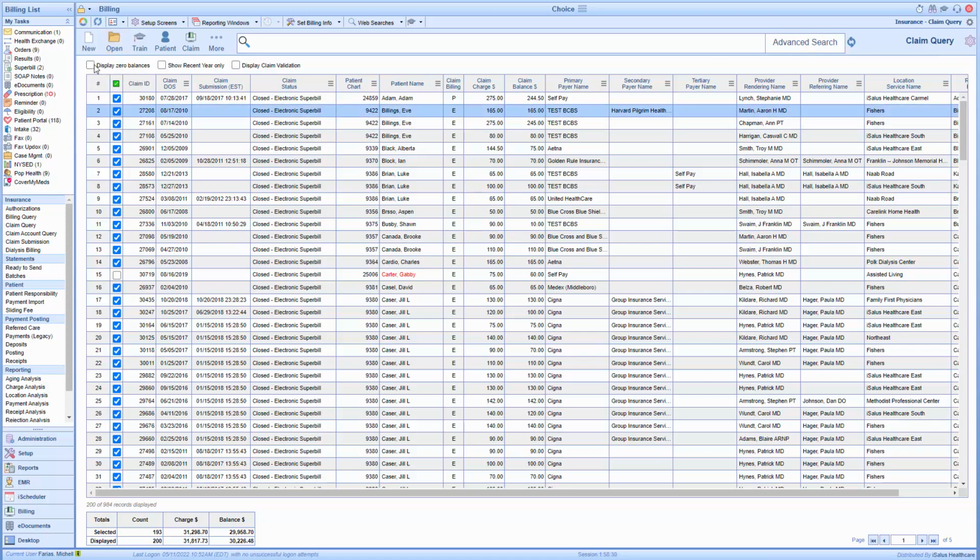Below those options at the top, you have three checkboxes. You have your display zero balance, which will include zero balance claims. You have your show recent year only, which will show claims year to date only. And you have display claim validation, which would run validation on your claims, showing you the results directly on the